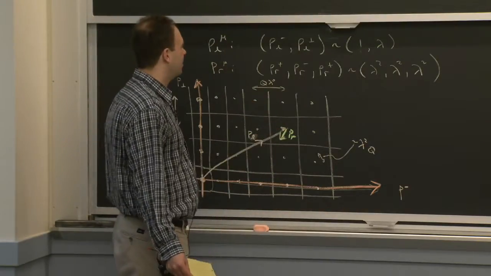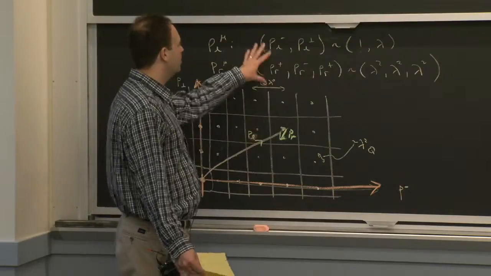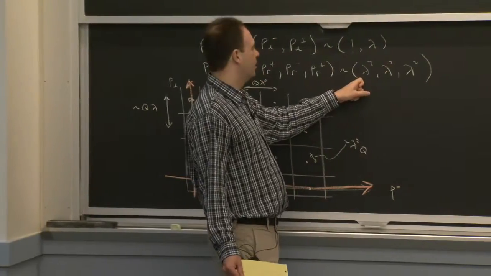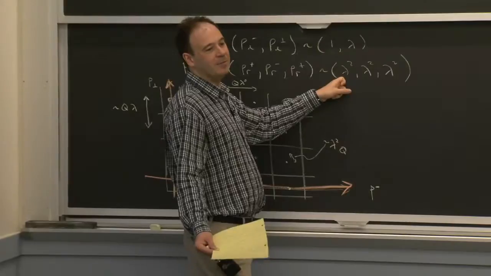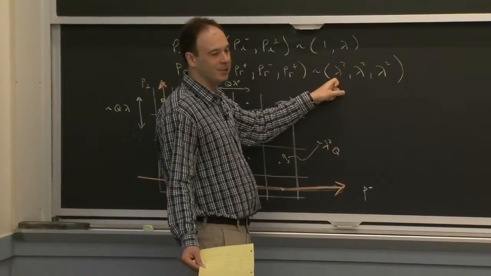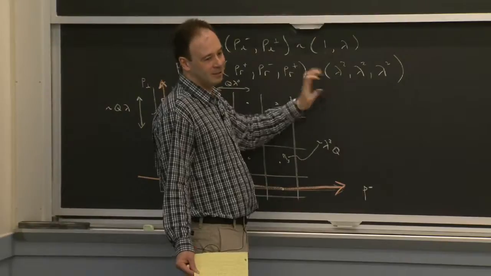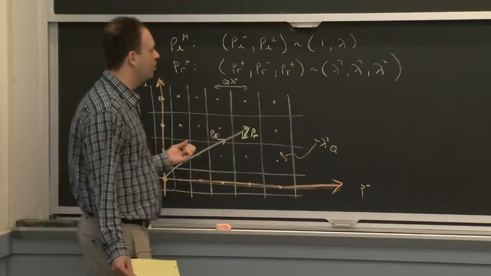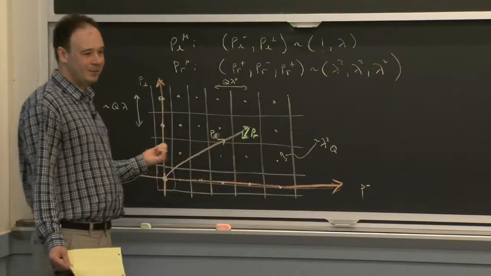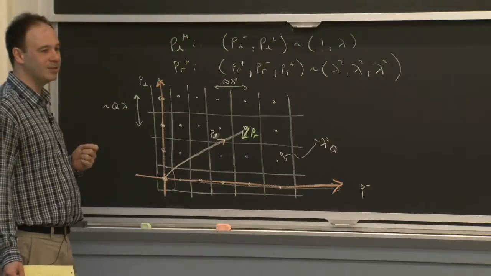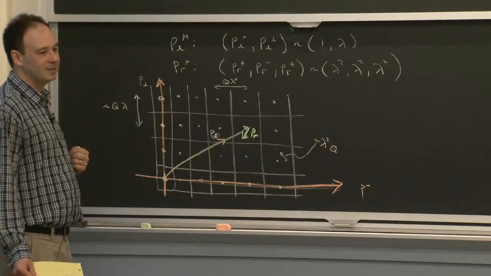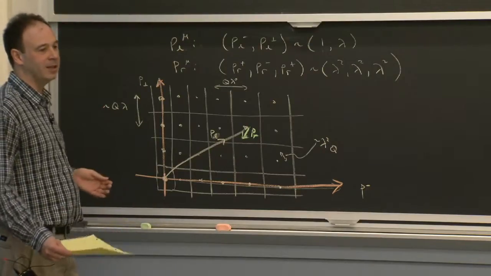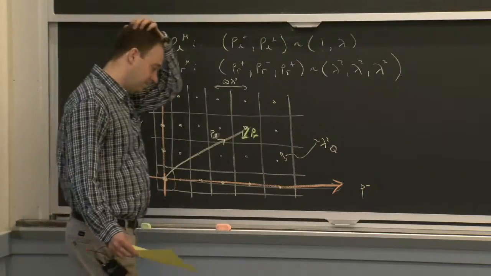It doesn't matter, because technically if I just talked about minus, I'd only be interested in separating a 1 and a lambda squared. And whether I call this lambda squared or I call it lambda or I call it eta, let eta equal lambda squared, I'm only trying to separate two things. So if you talk about some momentum that's in between, you could ask the same question, but what about a lambda to the 3/2 momentum in the perp space? That's the same question you just asked about the minus space, and it's something that we don't really care about, because there's not going to be momenta that are scaling like that. So we don't really care about separating it.